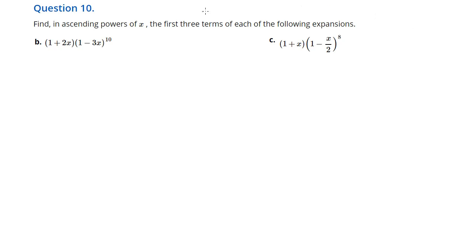Okay, number 10, we're finding the ascending powers of x for the first three terms of each of the following expansions. So we've got a binomial times a binomial, but you'll notice this binomial is to the 10th power. The other one's only to the first power. So we're going to use the binomial theorem to expand this, at least for the first